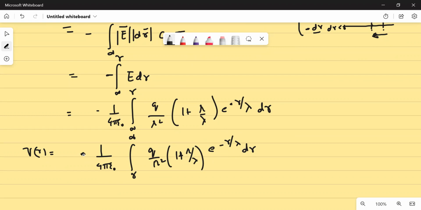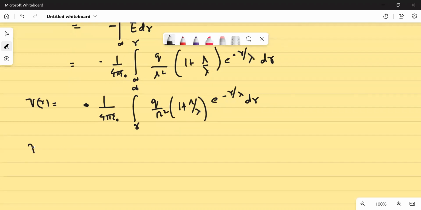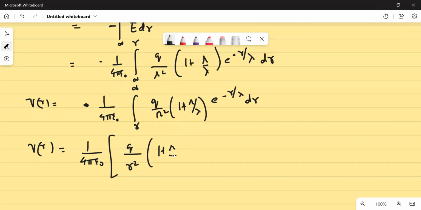Just try to find this integration. We have some time. If you can find it fast, that would be good. It will finish in this lecture itself, otherwise I will have to give the next lecture also on this. Let's see. So if I integrate this entire stuff, this will be, I think, q upon r square, 1 plus r upon lambda. Integral of this will be e to the power minus r upon lambda upon minus 1 upon lambda, right? So this will be minus lambda, again minus integral, the derivative part of this. So derivative of this would be,